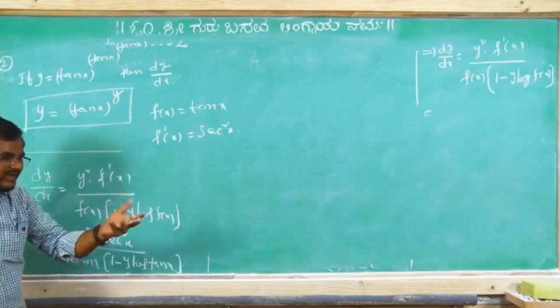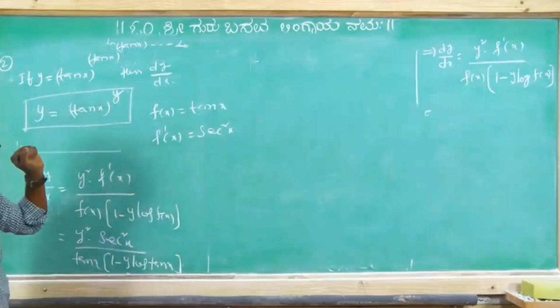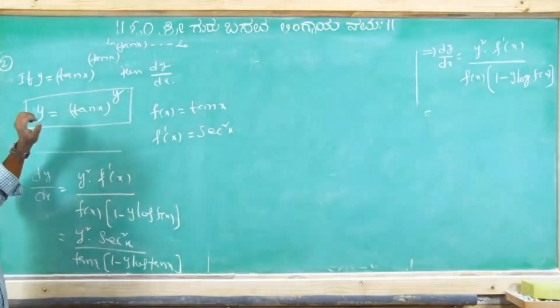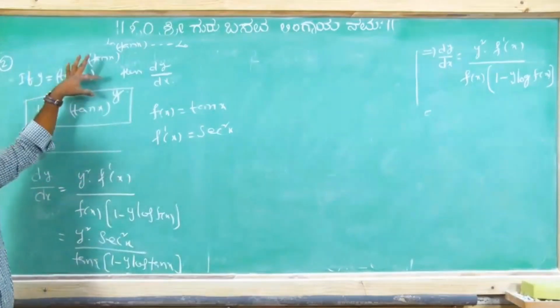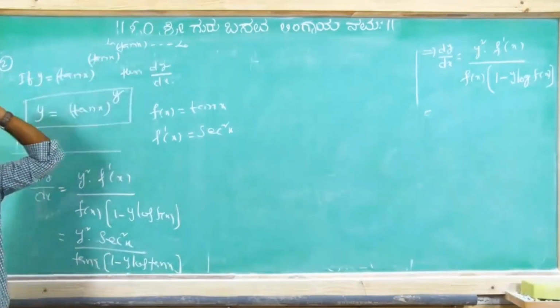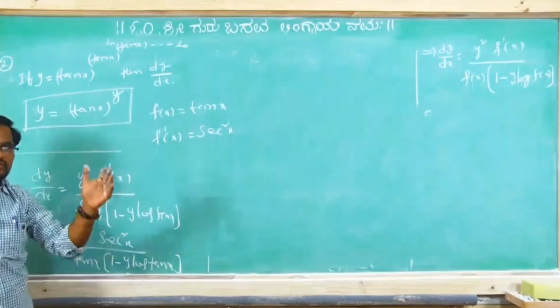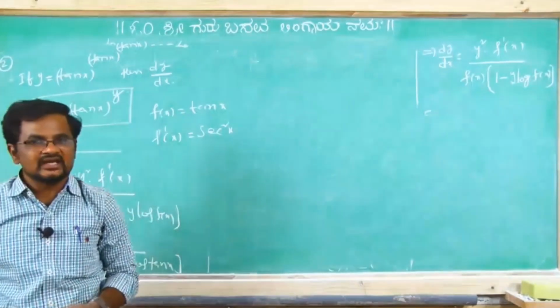Now, whereas in theory, what did you take? y equal to log x. From where is it repeating? From here it is repeating. That one you take as y. Taking log on both the sides and differentiating with respect to x on both the sides.